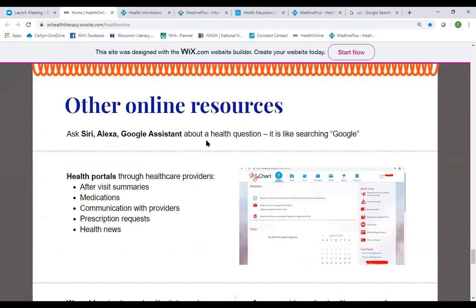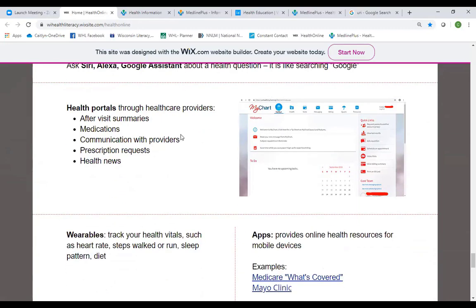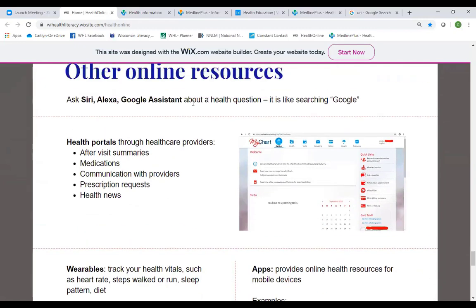And then we wrap up the session with other online resources that are available with emerging technology. There's a lot that can be done with voice recognition with Siri and Alexa, asking them what is a deductible, what is a copay, and getting that audio response back. Then there's utilizing the health portals. Those are being pushed more and more at the clinics and hospitals for that two-way communication between the doctors, nurses, and patients,